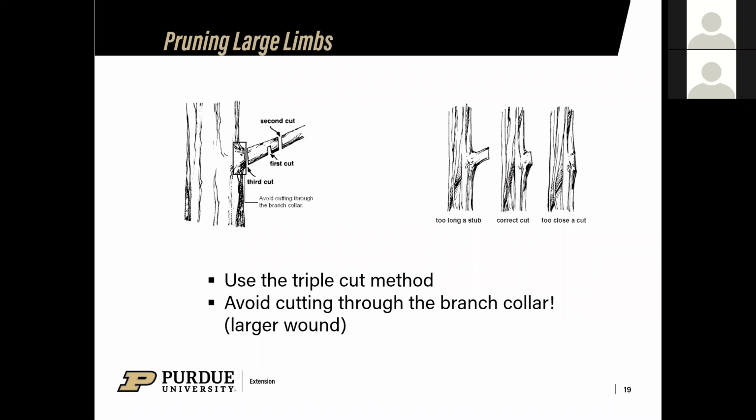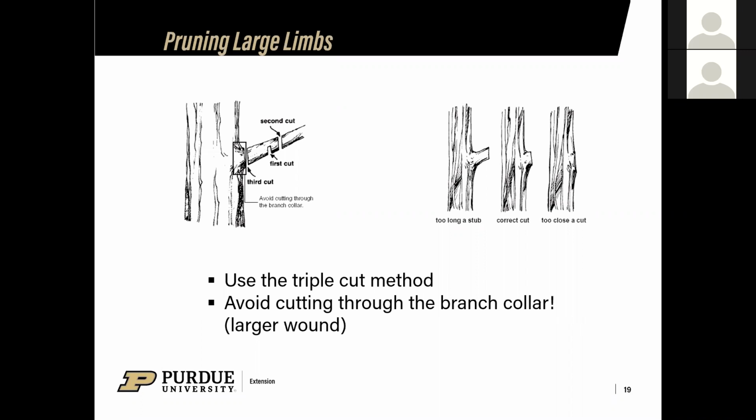If you are cutting a larger branch, we've all probably made that cut, and then what happens as that branch falls, it rips the bark down that tree and causes a big wound. We want to make pruning cuts that do as little damage to the trunk and the bark, so that that tree can start growing and encapsulate that